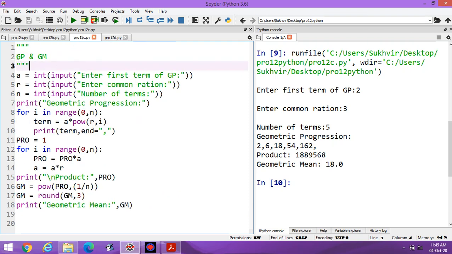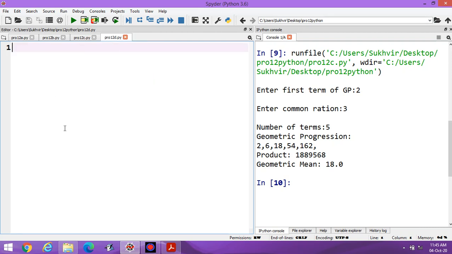In the second video, I discussed displaying of geometric progression, then calculation of geometric mean. In today's video, I am going to discuss harmonic progression and harmonic mean.